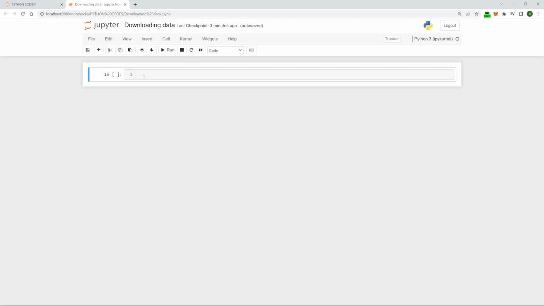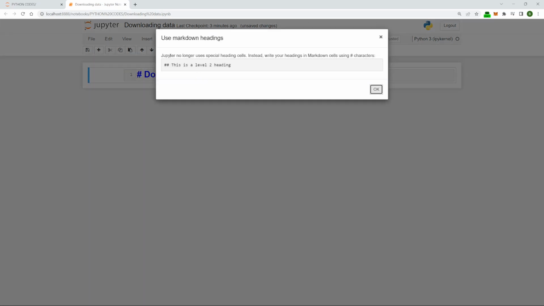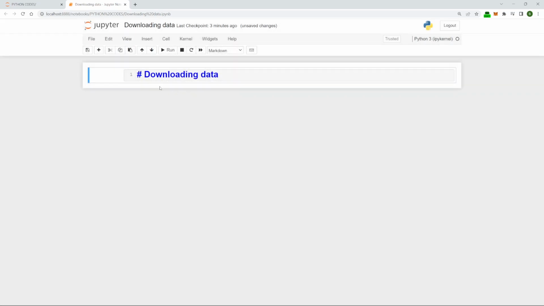So that's great. The next step I'd like to take is I like to give my codes a heading. So I'm going to type in downloading data into the first cell like that. Now two things we can do here. We can either come up here to code and go heading, but you can see here Jupyter no longer uses special headings, so you can actually just use hashtags to denote a heading. So if you just do this, the only thing we've got to do now is just to make sure that the cell is markdown. So we're basically using just code and markdown. So if we just use markdown here,